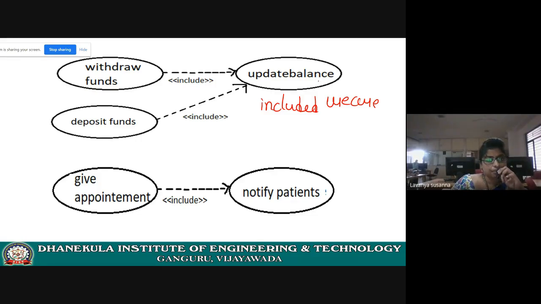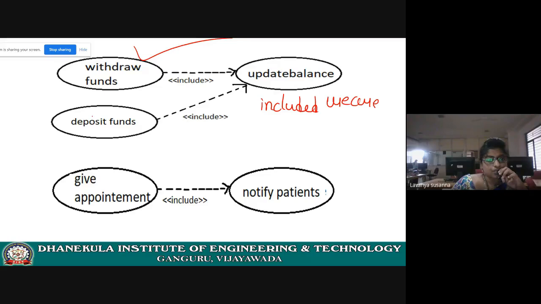For example, withdraw funds is a use case. It is including update balance. After doing these transactions, compulsorily the balance must be updated, right? That means this withdraw use case must call update balance in order to execute withdraw funds.